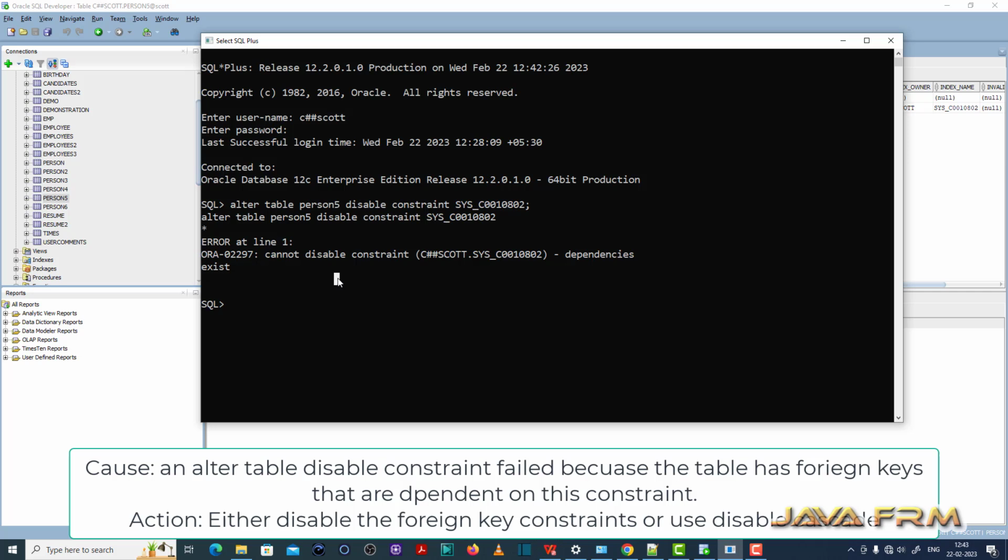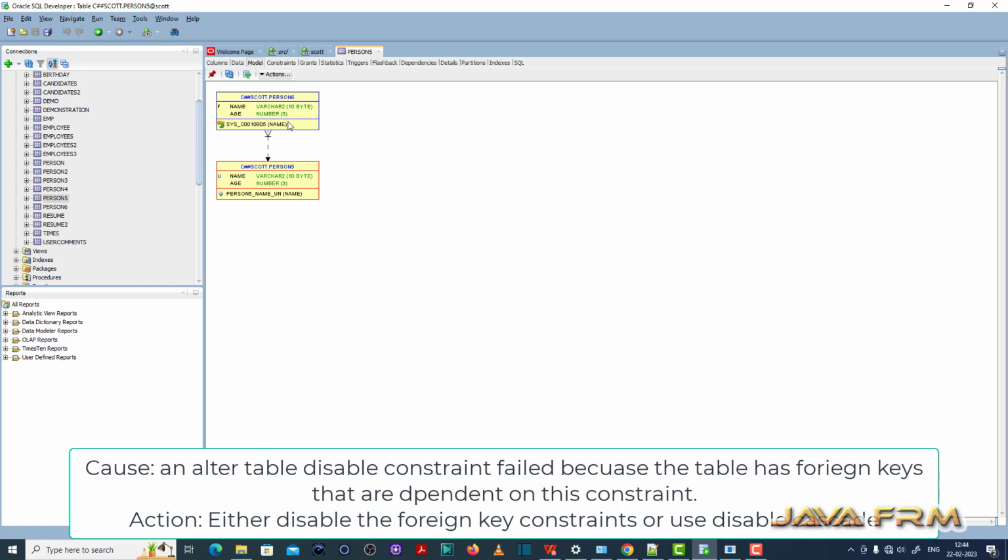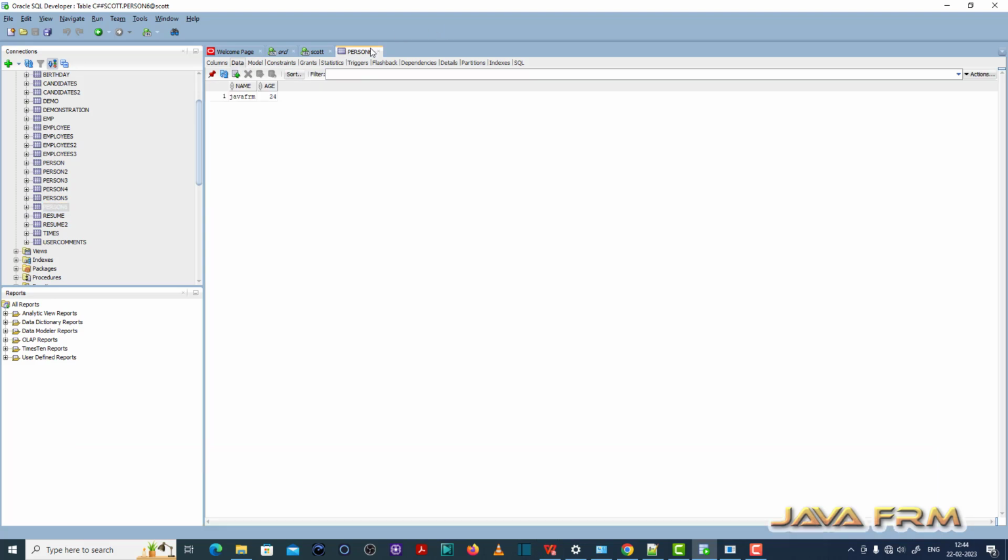So what is the fix? Either disable the foreign key constraint or use disable the cascade. Okay, let me go to the SQL developer model diagram. So this is the model diagram. You can see that person5 table is referred by another table, so you cannot disable the constraint. Okay,